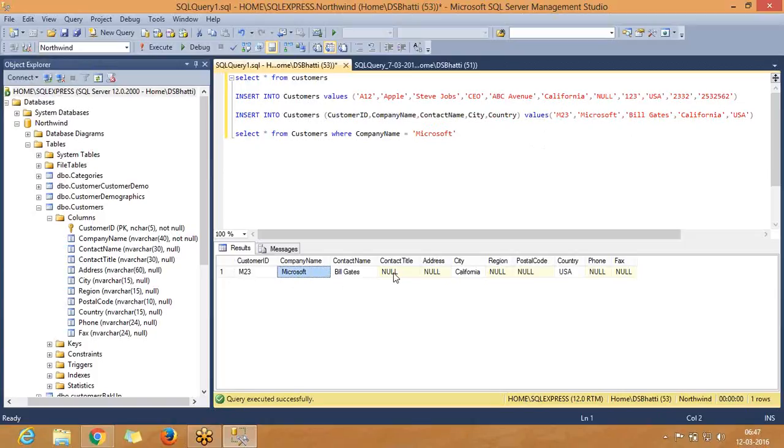I want to add contact title as well. In the initial query which I ran, I forgot to include this contact title. Now my requirement is that I want to add this contact title as well. So how do we do that? For that there is one update statement which is used. So what does it say? How do we write it? We write